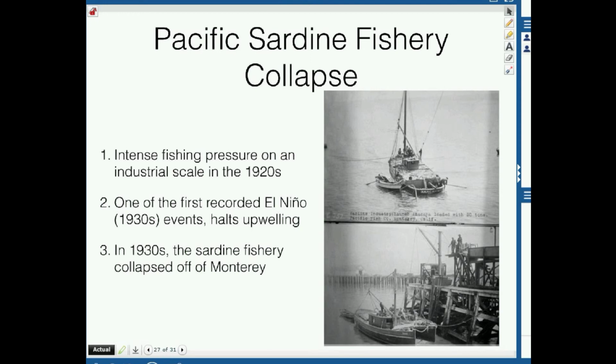Here's an example of a fishery collapse, and this happens over and over, but I'll just go through a couple examples with you. So the Pacific sardine fishery, we had a lot of fishing pressure in the 1920s, and then we had one of the first recorded El Nino events, which halted upwelling. Upwelling brings nutrients from the bottom of the ocean up to the top and circulates the ocean, so then it can support fish life. So if you don't have that upwelling, you're going to lose the fish in addition to them